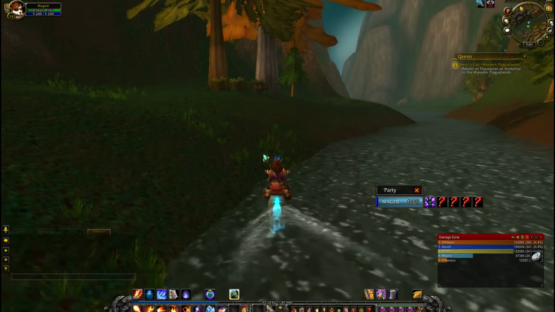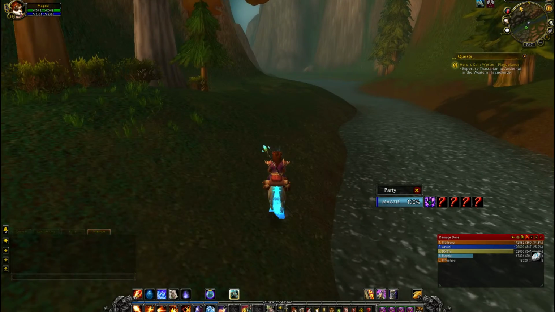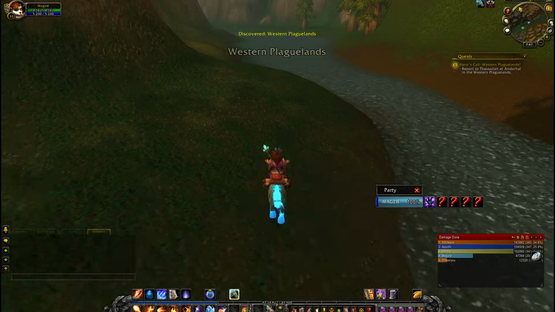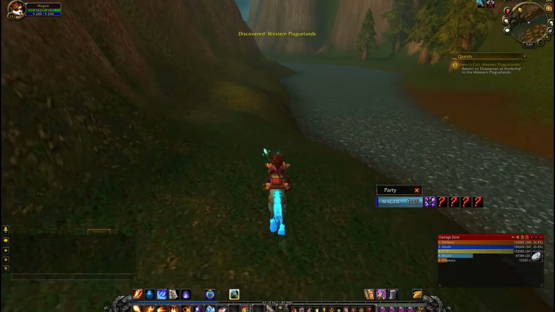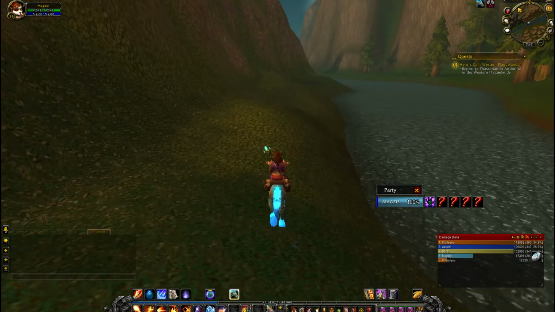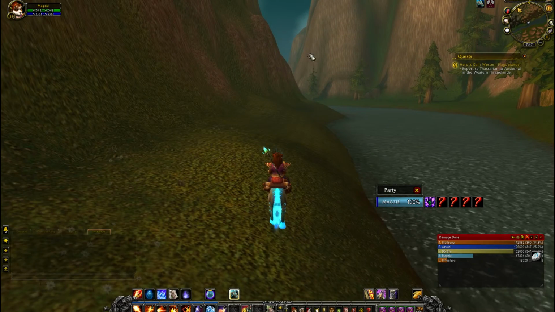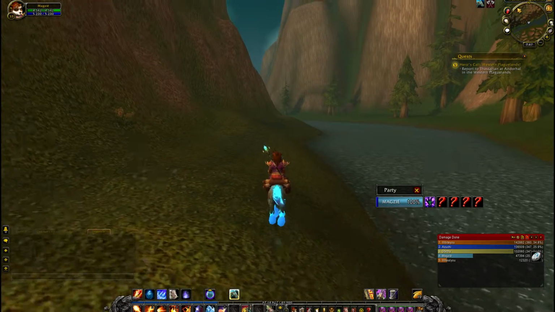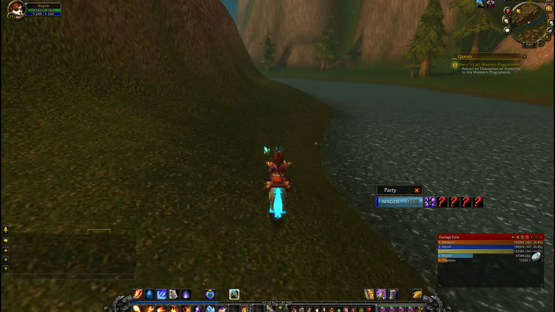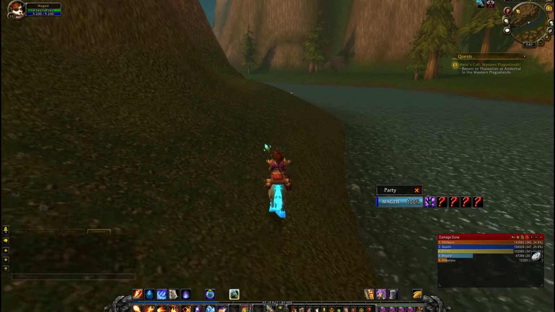And I don't think our good buddy has spawned. I forget his name, but he spawns along this river. If you know his name, go ahead and post it in the comments down below. It's a rare turtle, and he spawns up and down this river. You just ride up and down until you find him and tame him. You can also farm him for loot, but I mean,